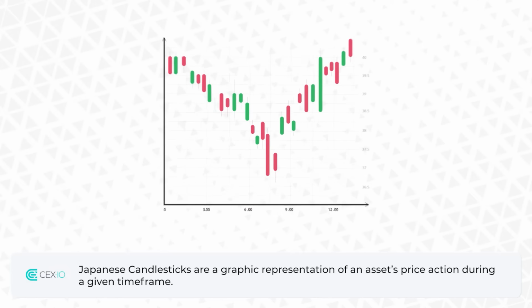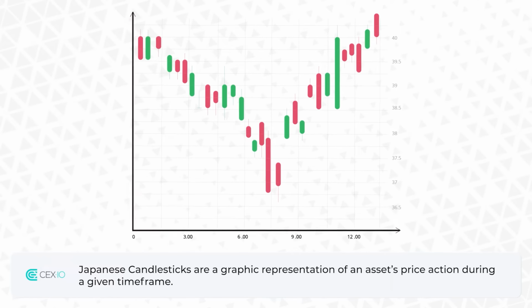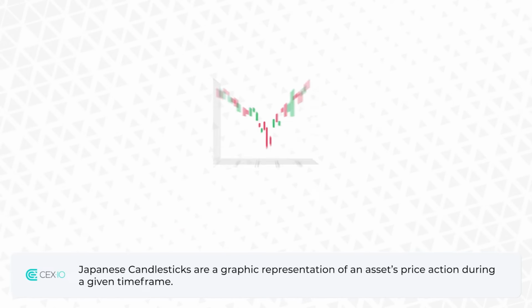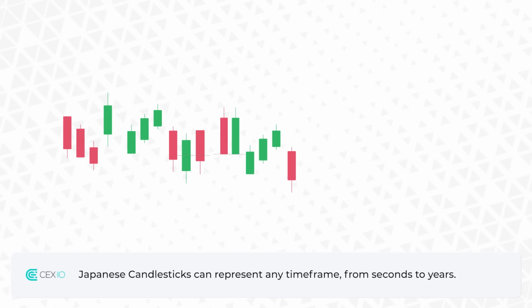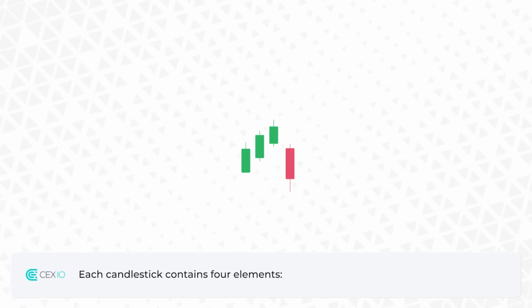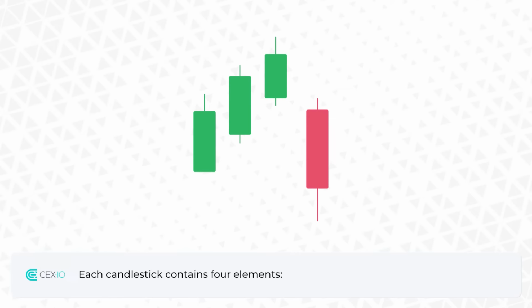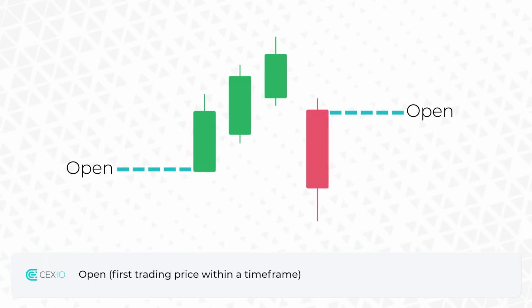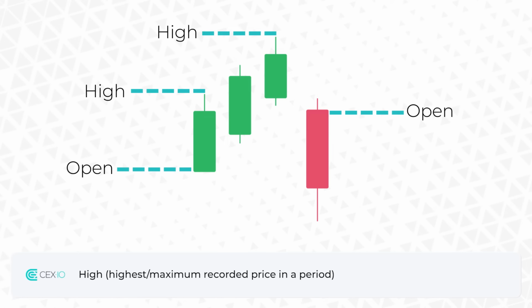Japanese candlesticks are a graphic representation of an asset's price action during a given time frame. Japanese candlesticks can represent any time frame, from seconds to years. Each candlestick contains four elements: open, first trading price within a time frame; high, highest or maximum recorded price in